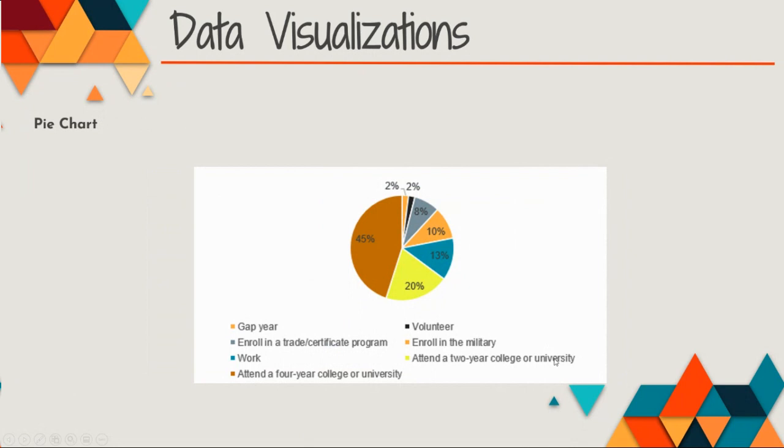Another example is a pie graph, and as you can see here, the same information is displayed in terms of the intentions after high school graduation, but as you can see, it's the same information only shown in a pie chart. So it's really up to you as the researcher to determine which type of visualization may be most appropriate